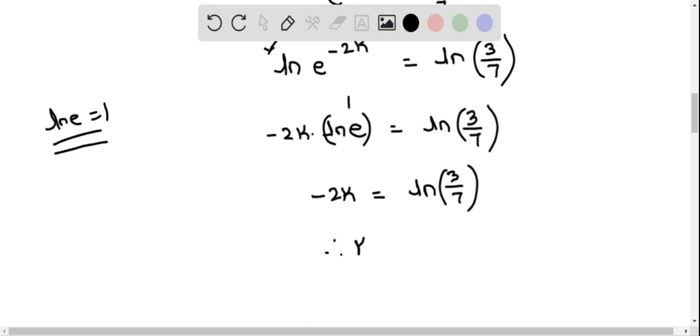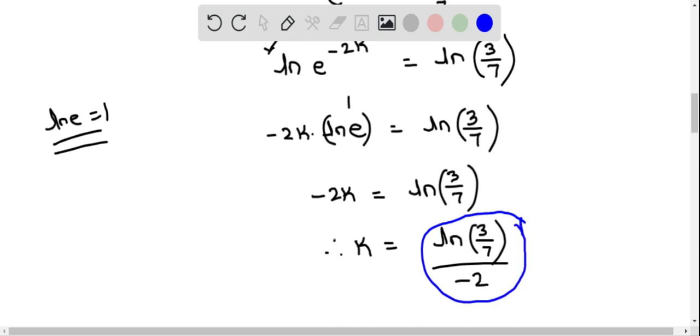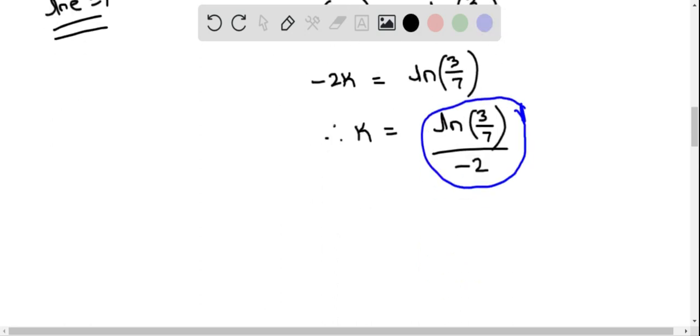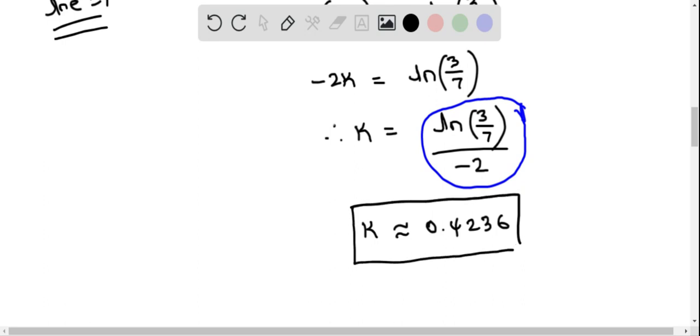And solving for k, we divide both sides by negative 2. So we get k equals natural logarithm of 3 sevenths divided by negative 2. And plugging this expression into the calculator, we get k is approximately 0.4236. This is rounded to 4 decimal places. So we determine the value of k,